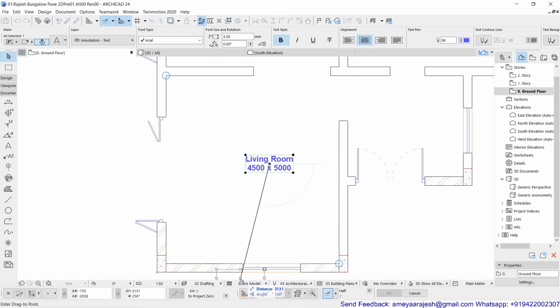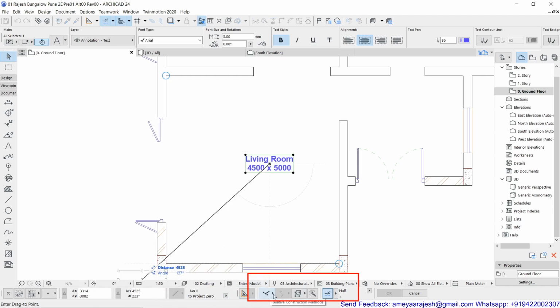Instead of that, if you check the bottom of your screen, we have added two palettes. One is coordinate, the other is control box. In this control box, this button stands for relative construction method. If you stay over here, it's the relative construction method.